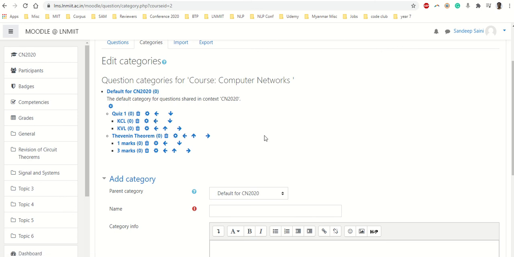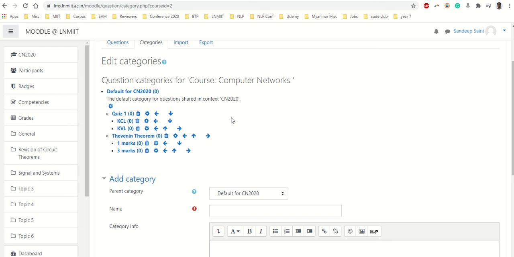If by any mistake you have made a wrong hierarchy, you can change it. You can move them up or down, or you can bring them back and make a child or make a parent of the previous category or next category. So this is the first thing that we need to understand, that we have to arrange our questions. Do not start making questions in the parent directory of the course, because once your question bank grows, it will be really difficult to manage those.